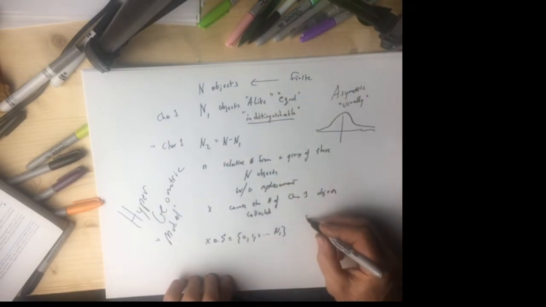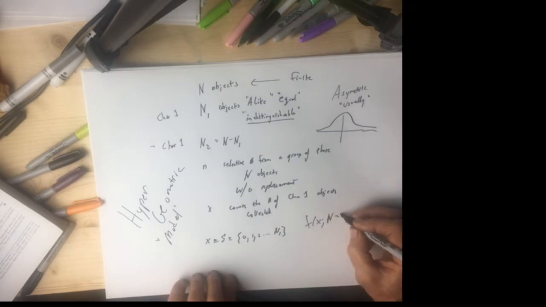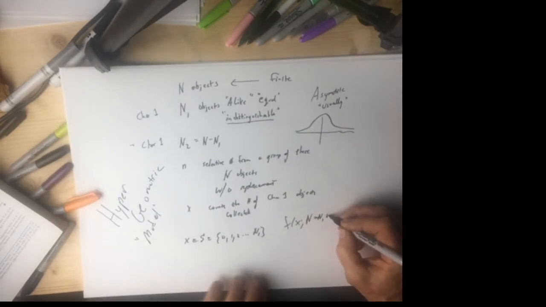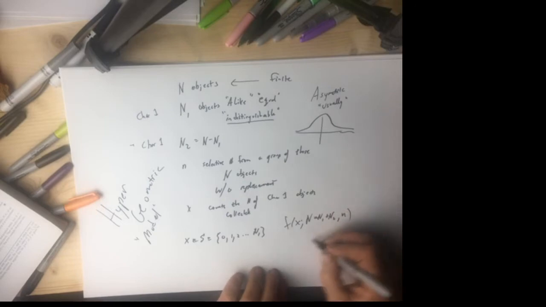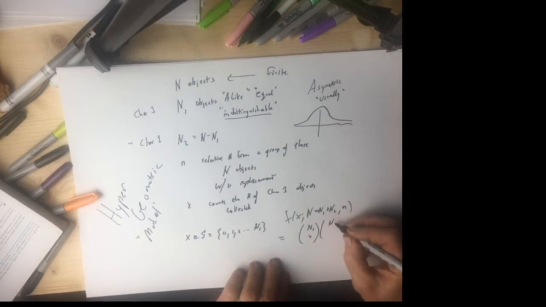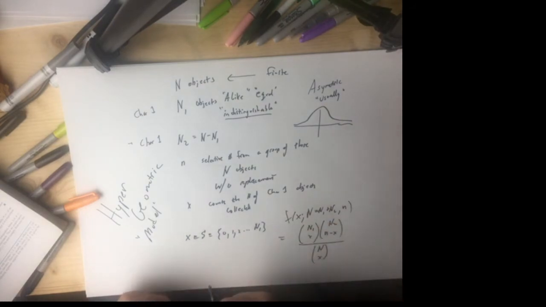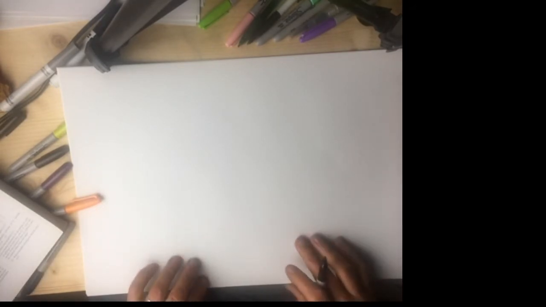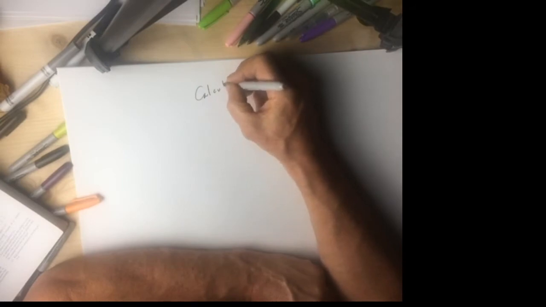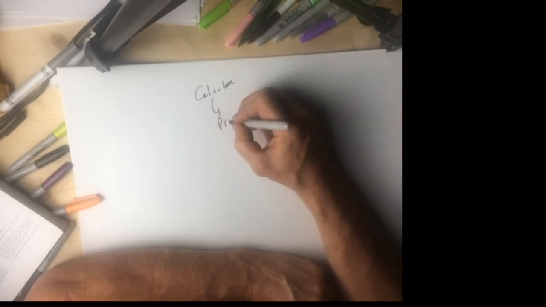And the formula of x with N equal to n1 plus n2, with a choice of n, is choose x of the n1s, choose n minus x of the n2s, over N choose n. It's like counting those cards that we did before. All right, hypergeometric. Well, you should be able to calculate some of these and draw a nice picture. Calculate, picture,